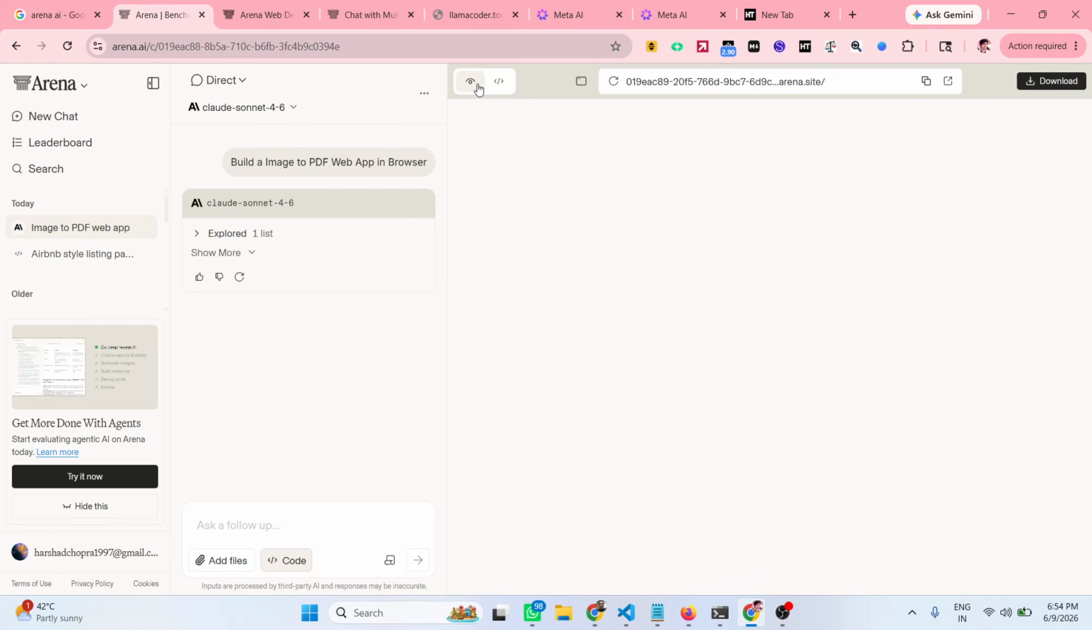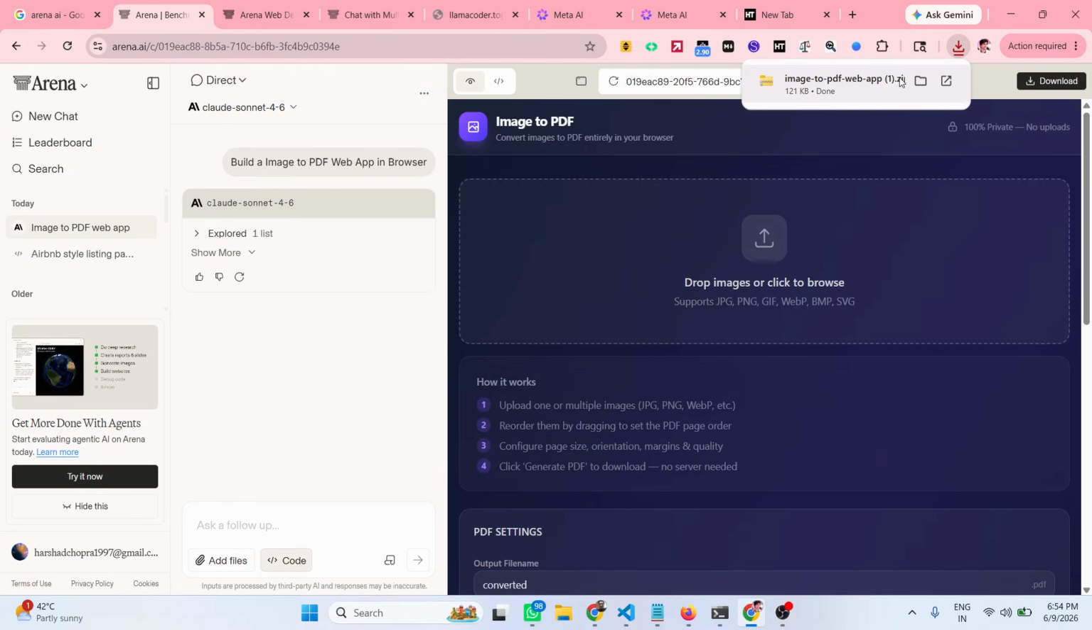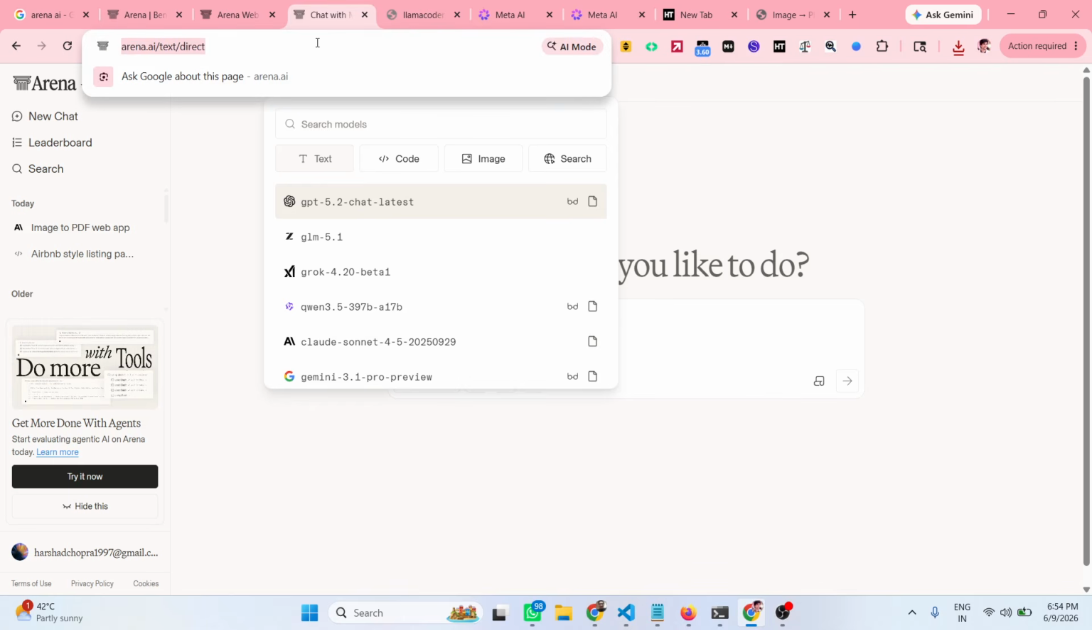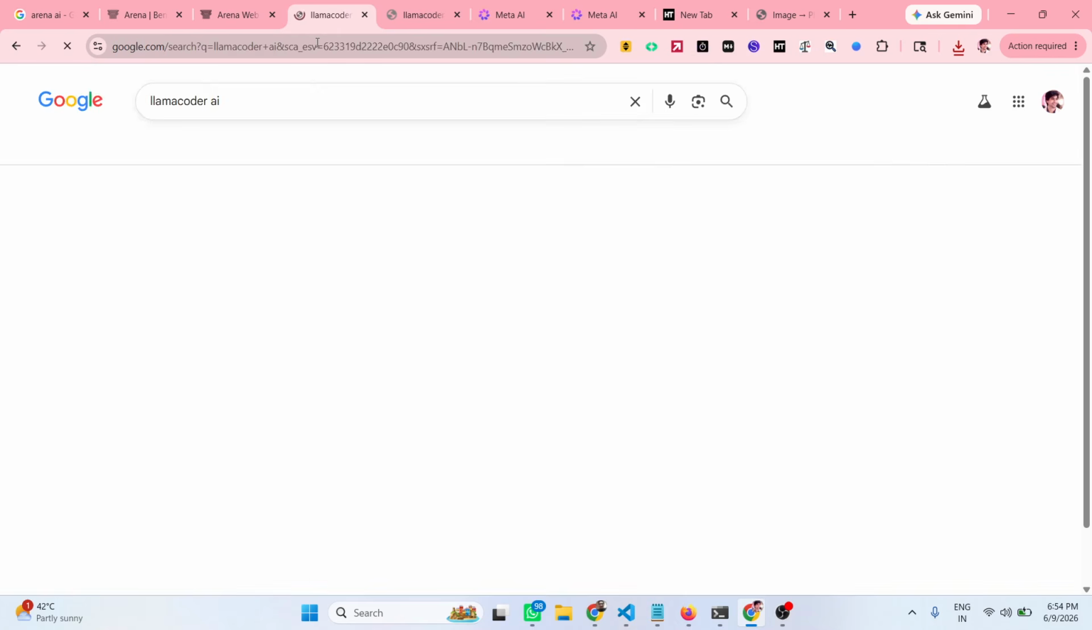So you can see in Arena AI, it has built the image to PDF app here. You can even click the download button to download the project files directly as a zip file. Same goes with Llama Coder as well. We've also created a lot of applications through Llama Coder. If you simply type Llama Coder,